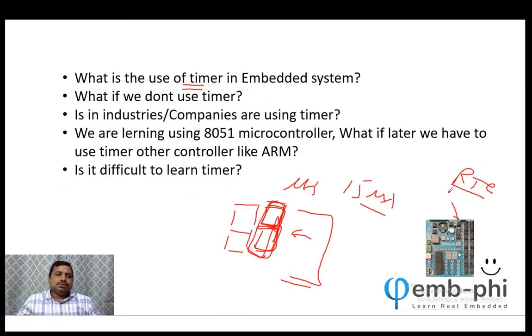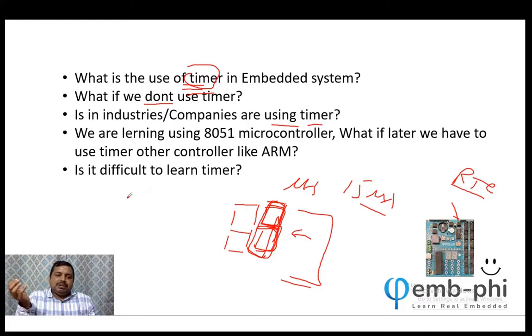Awesome. So now what if we don't use a timer? See, if we don't want to use a timer, then we have to find some alternative method so that we are able to do it. We have to do hit and trial, check it, and somehow manage it. But we have one good method available, the timer. So why don't we learn and use it? Is it used in industry? Do companies use timers? Yes, we are using them in many products. In every product I worked on, we used 2 timers, 5 timers, 10 timers, many. We even make our own timers. Well, how we make them, I'll tell you.